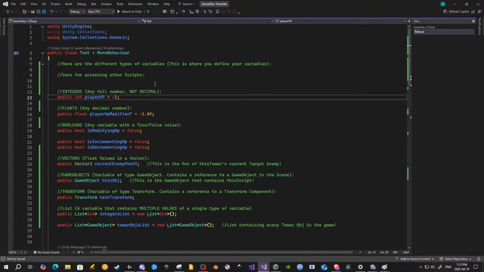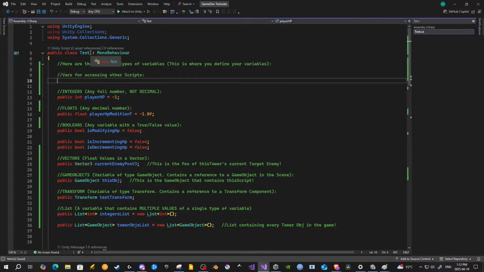For now I only have one script, our test script, but again, we're pretending that this script, for whatever reason, needs to be able to access other test scripts, right? Well, what we're going to do in this case is create a private